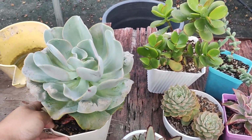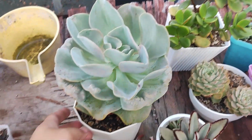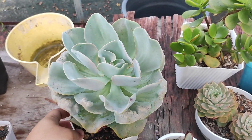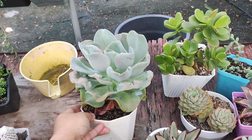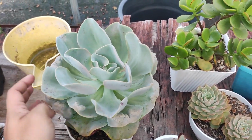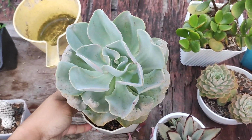Really, really nice. I think it already begs to be repotted because it's already really large, and I really, really like the shape of it. If you manage to find one that is named pistachio, you can expect it to grow really, really large. It's not one of those compact succulents. So yeah, I would highly recommend it if you have a large space in your area,